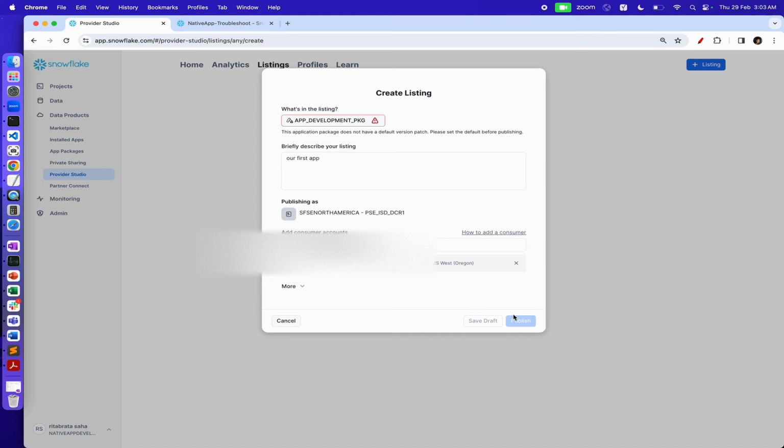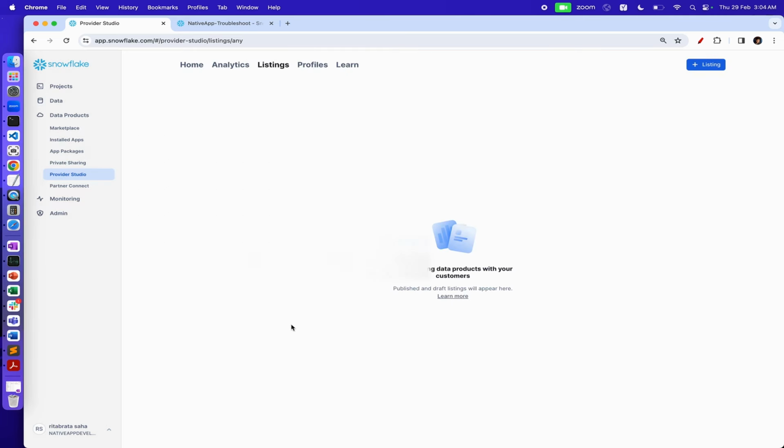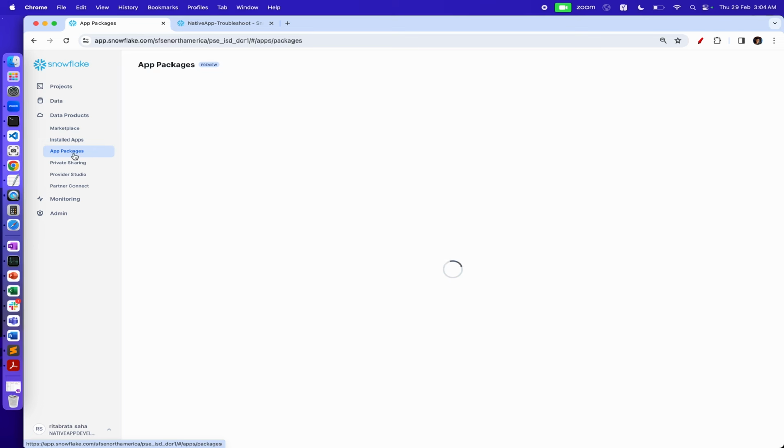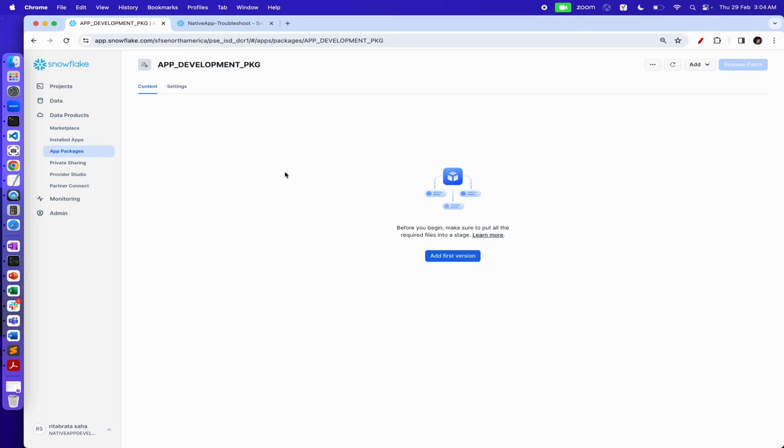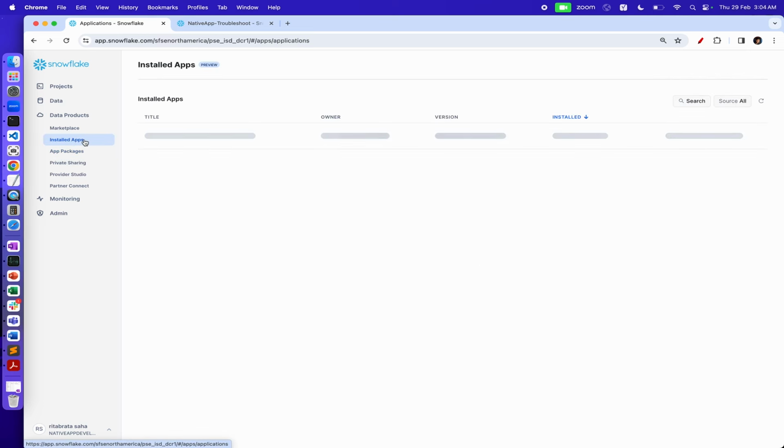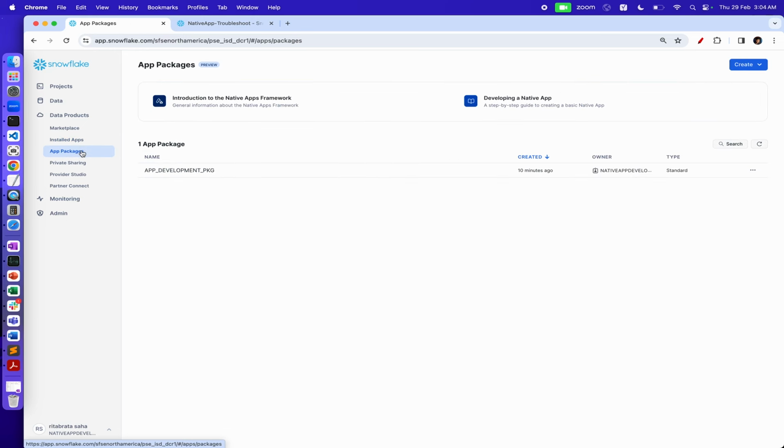Okay, there's an error. Let's look at the error. This package doesn't seem to have a default version. Please set the default version before publishing. Yes. We need to go to applications, app packages. Why am I not able to see the application version? Installed applications. Yes, go to my packages,